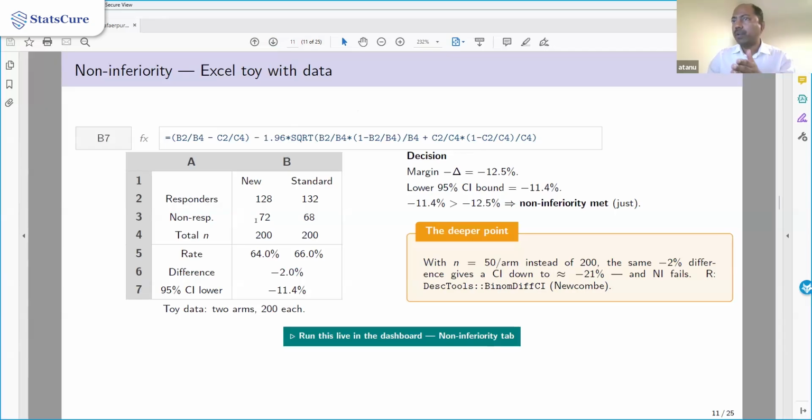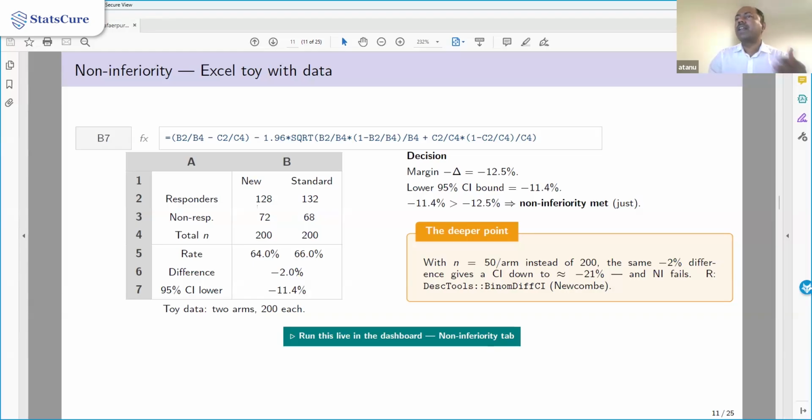And 200 patients were given the standard arm, out of which 132 were responders and 68 were non-responders. In terms of rate, 128 out of 200 gives a rate of 64%. 132 out of 200 comes to 66%, and the rate difference is 64 minus 66, which is 2%,